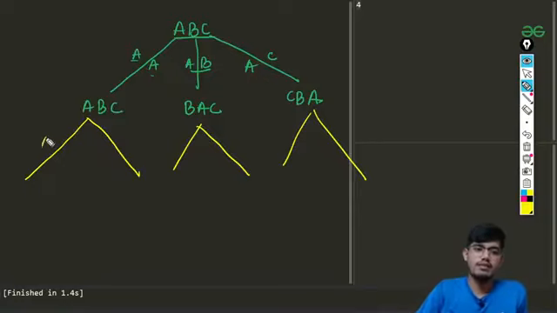So now I'm not going to talk about A, I'll talk about B and C, because A is already done.